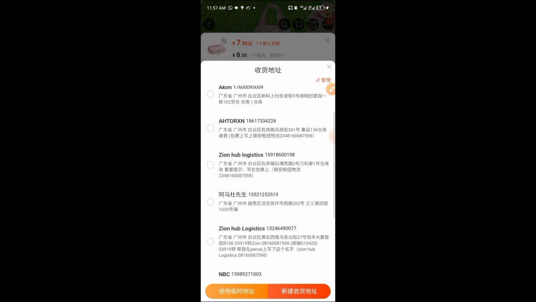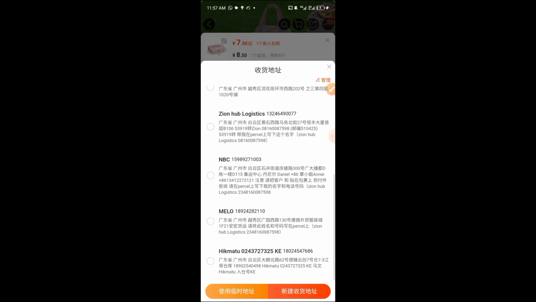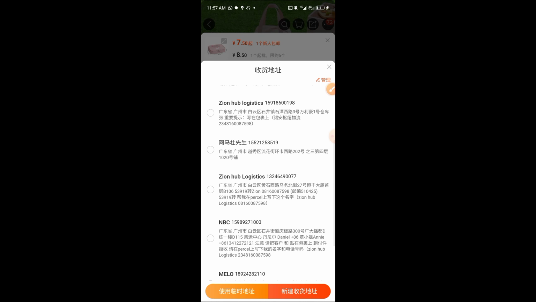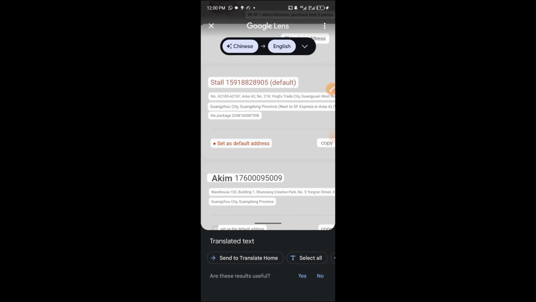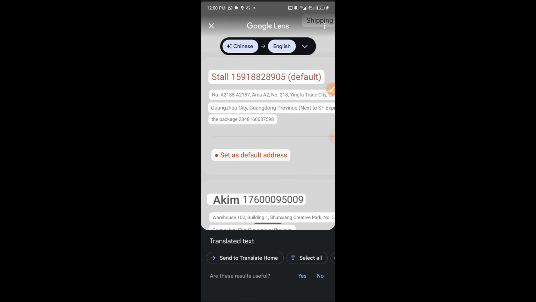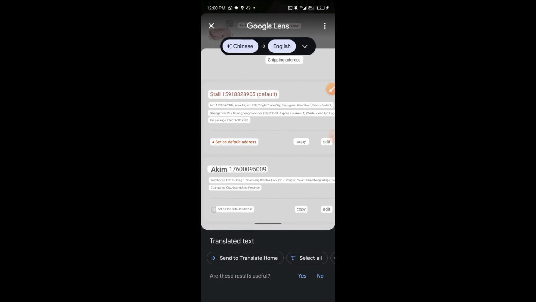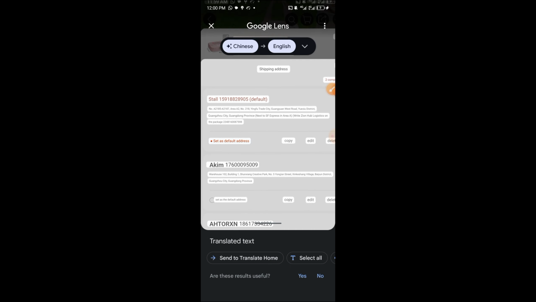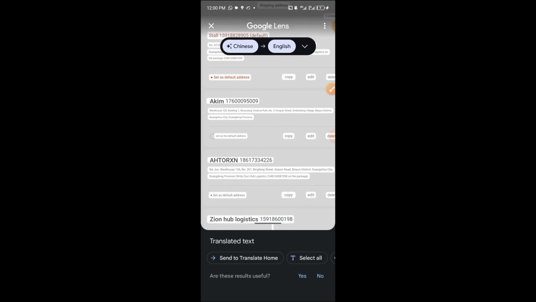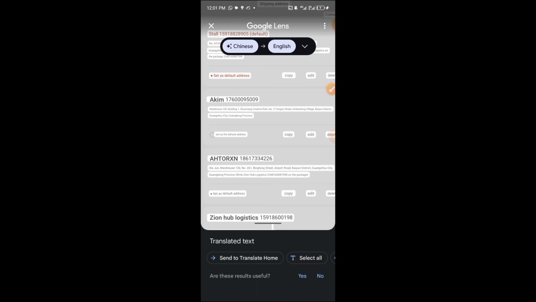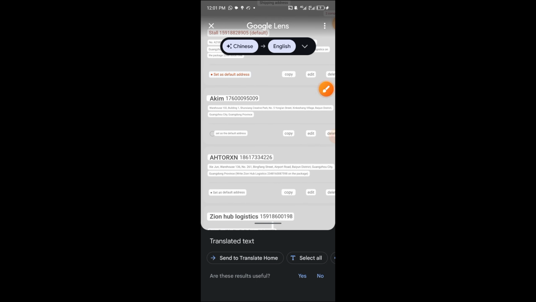These are different shipping companies that I have already added, right? You can see them here. This is what I'm saying. This first one here now is set as default, right? So if you are buying over 1,000 things, you are going to be seeing this at default. But now if you want to change it, like you want to change the shipping address, just come here, select the one that you want to use. Then you come to this middle one. That is why I said you will click at this middle one here, edit. So once you click,